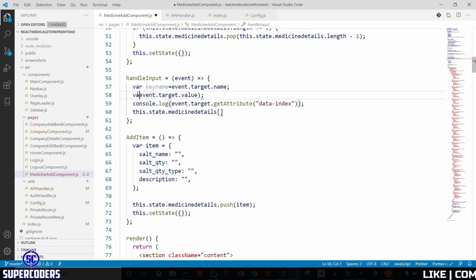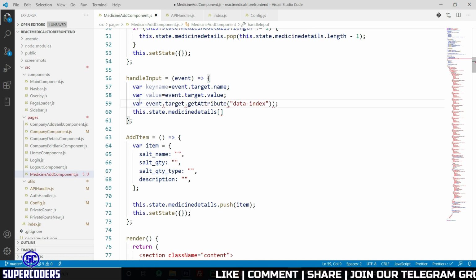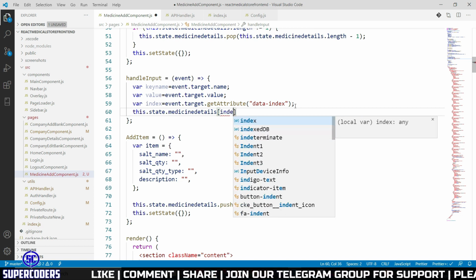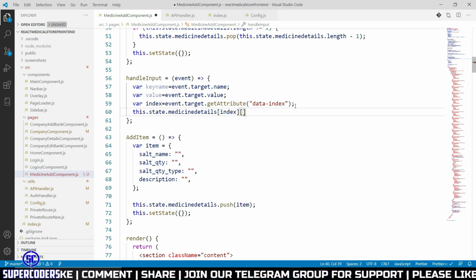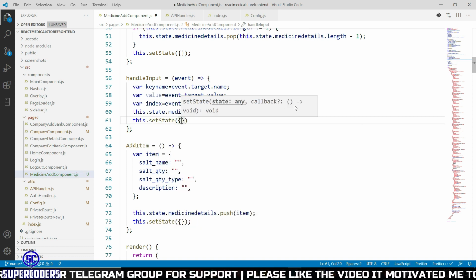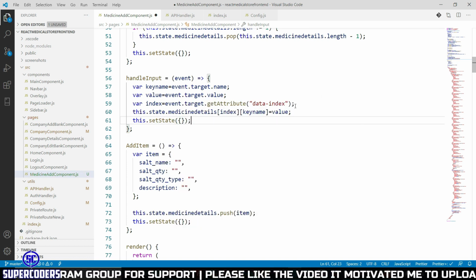So where value equal to this, after that where index equal to this, after that index, then pass the key name. So key name is our key name, then pass the value. So value, after that this.setState and pass the empty object, then save it.